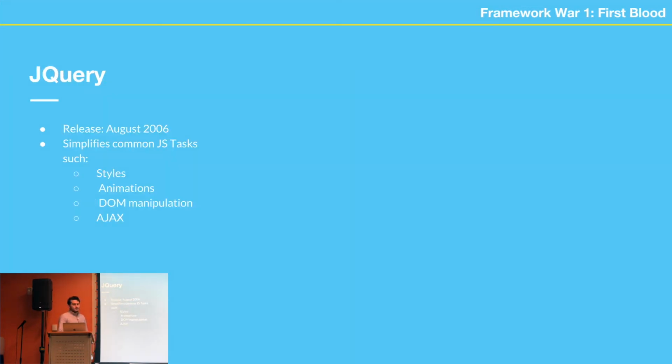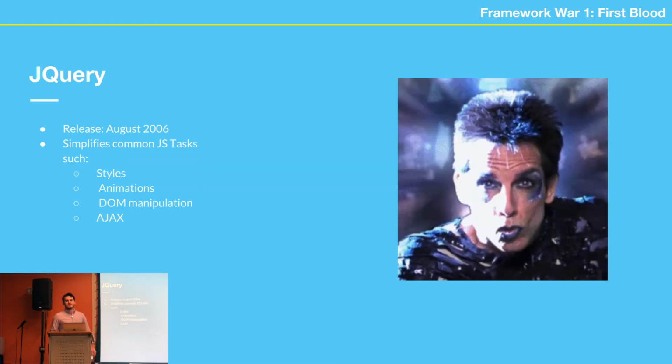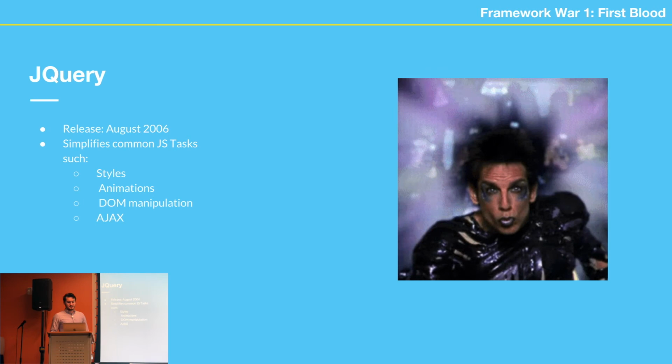So jQuery, released in 2006, remember the dates, simplified JavaScript tasks, things such as applying styles, animations, DOM manipulation, and then more importantly, AJAX. Like, if you can think about it, server or client-side rendering, aka the XML HTTP request, that didn't really happen a lot until jQuery came out, right? And so when we saw jQuery as a developer, I didn't see it, but I'm assuming when the JavaScript developers of the time saw it, they probably thought, that's blue steel, all right? This thing is magic.